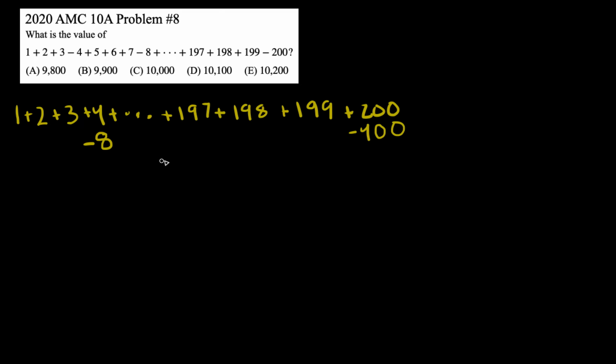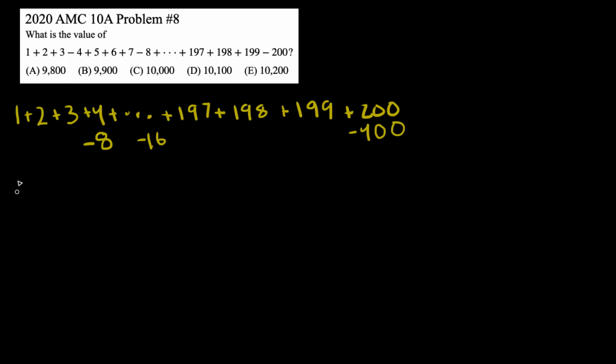So now that we have a general idea, let's think about it. So we're just doing -8, -16, and something like that, and then this is another double of a multiple of 4 over here. So we need to add first all of these from 1 to 200, and then subtract these extra ones, these -8, -16, -400. So now that we have a general picture, let's just use our handy formulas to sum